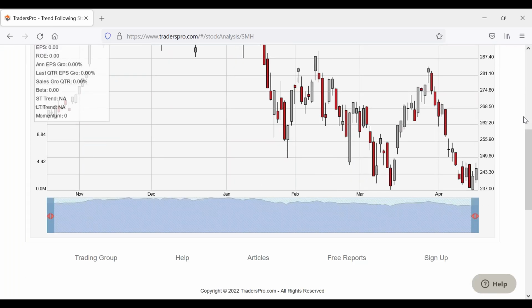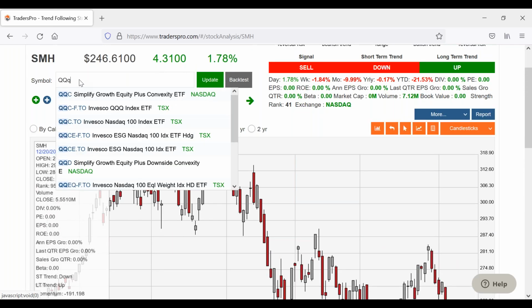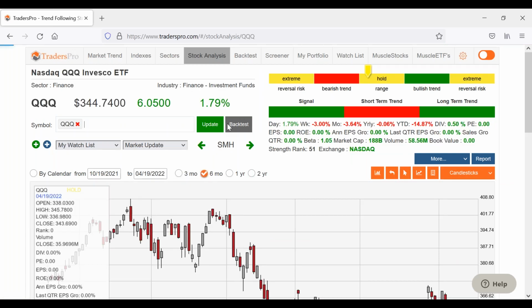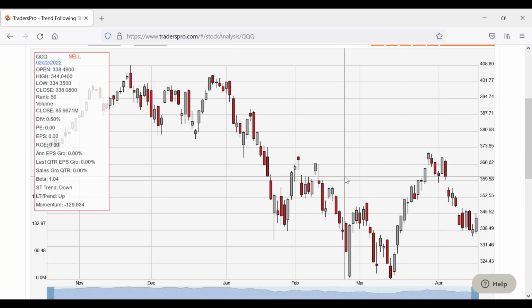Chip stocks, again, I told you to watch this as well to see if you have some trust in the rally. Off the highs a little bit today. Let me check the QQQ chart real quick, because we've been talking for a half hour, so you might see the same thing in the QQQ chart. Yeah, it's come off the highs a little bit too. I think that's important. And where it's at right now, that's a little bit too far off the highs that I'd want to see if it were to close that way. Doesn't mean it still couldn't go higher tomorrow, but